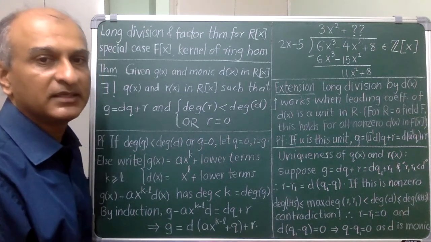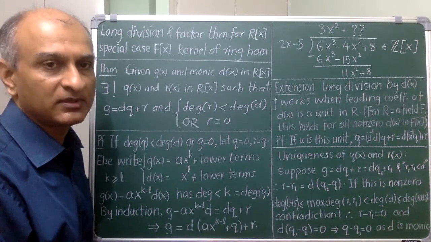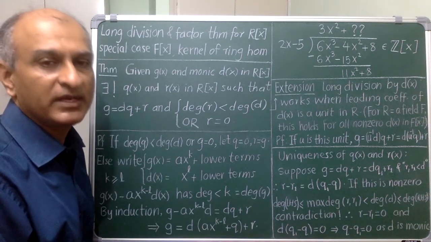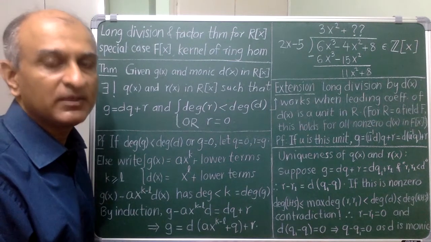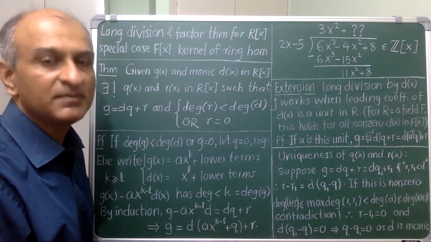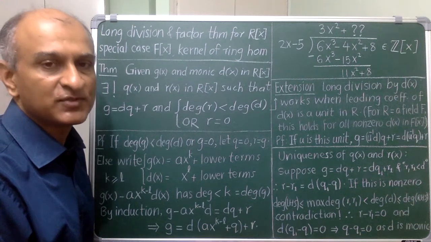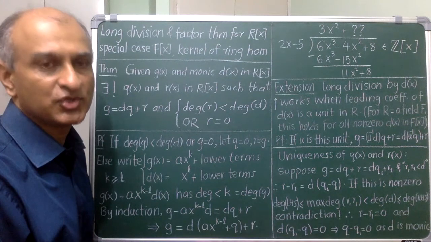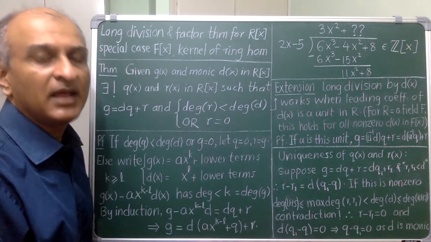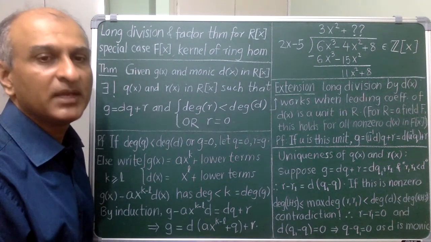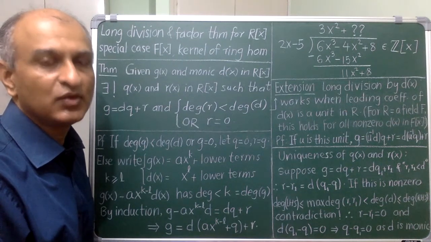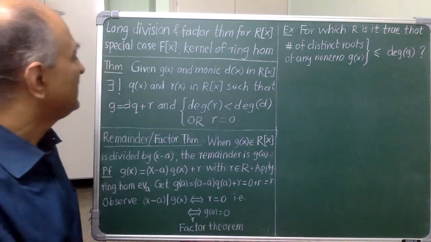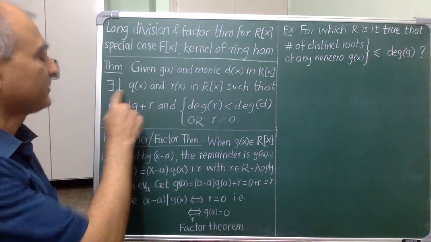I should remark that uniqueness is not nearly as important as existence of quotient and remainder. For example, for integer long division, if I formulate the requirement that the remainder be smaller than d in terms of absolute values, then in general quotient and remainder are not unique, as you should check. Even then, and even with this version, one would be able to prove all the properties that you did in homework 0. I have incorporated the uniqueness in the statement of long division here.